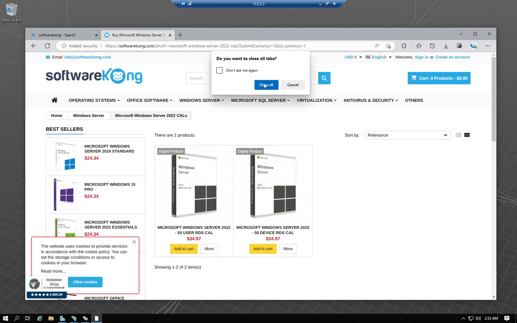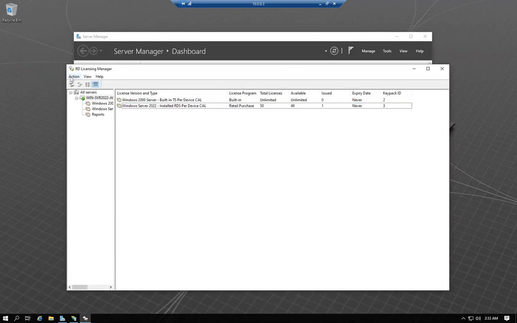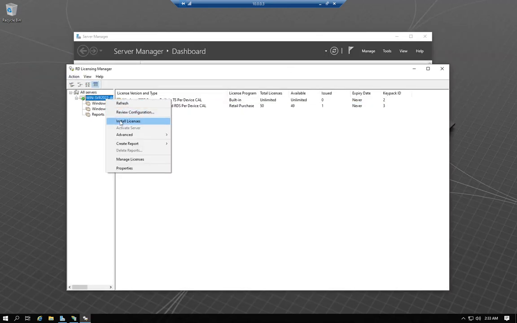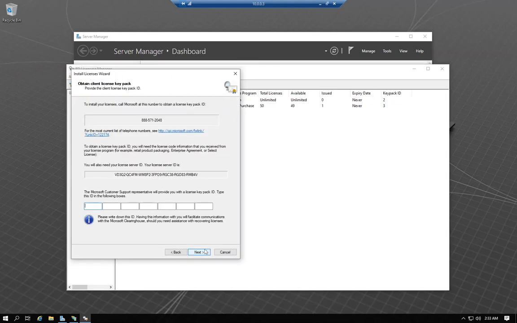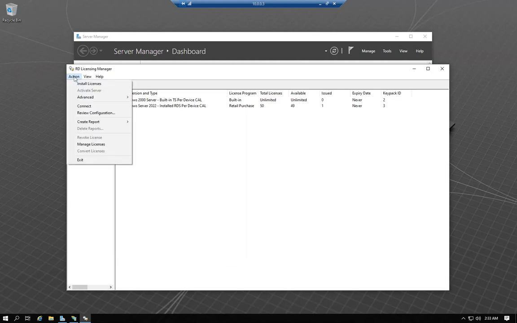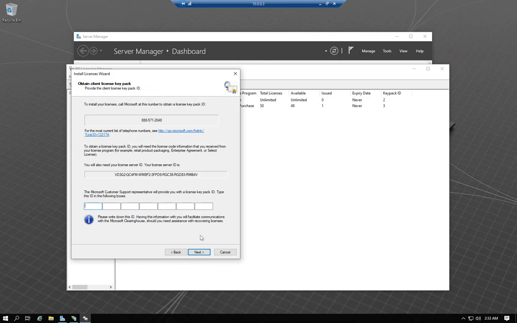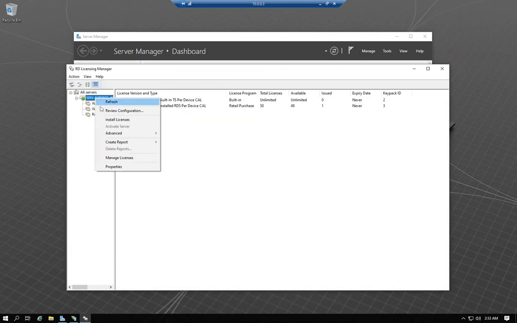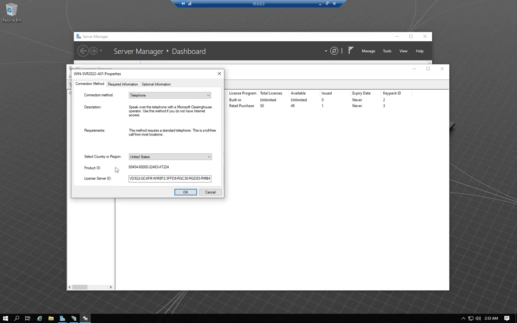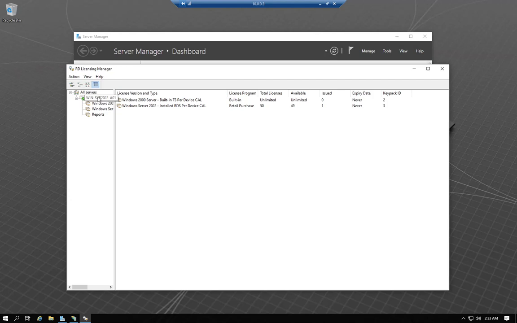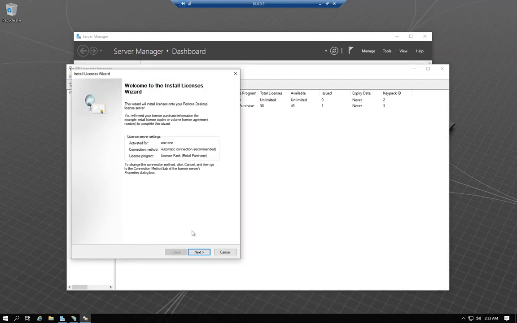Once you have that, go here, hit install licenses, hit next. What am I looking at? Oh, that's for something different. So can I fix that? Next, I do not want to have to do it through this. So I'm going to have to actually change it. Go to properties. If you run into this issue, connection method, automatic. Okay. You shouldn't have to worry about that. But install licenses. Next,